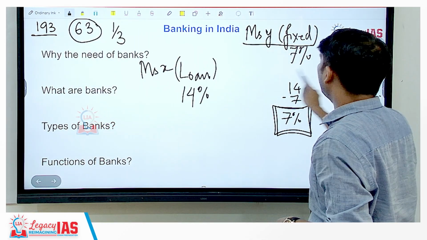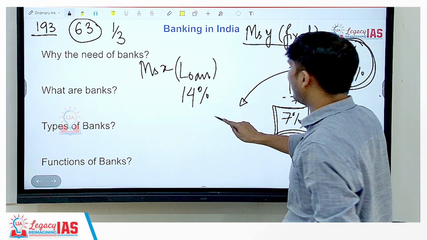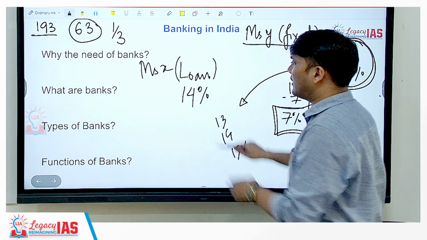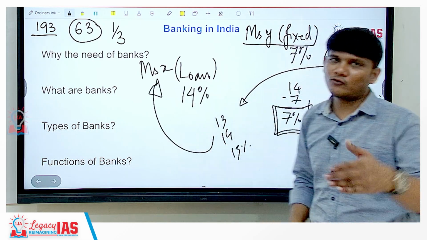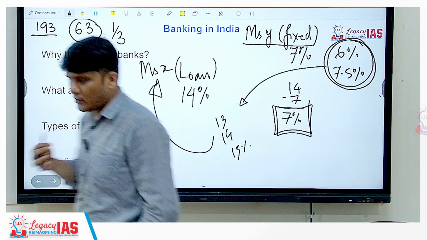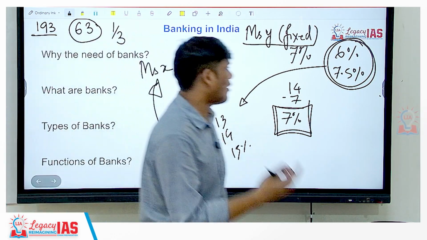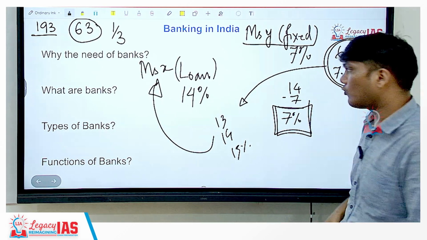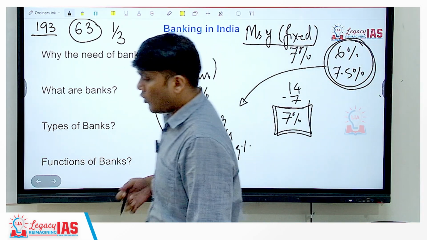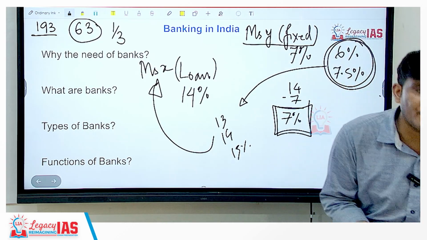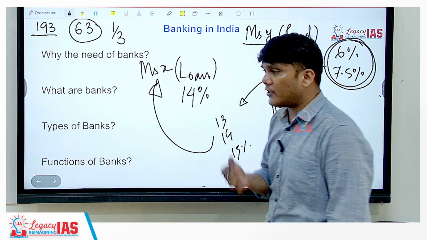After doing all that, they will again come up with a certain interest rate, let's say 13, 14 or 15%, at which they will be giving a loan to Miss X or someone else. So what is the source of money which the bank gets for giving out loans? Either the people giving fixed deposits, or the RBI is also a source of money. At the same time, if banks are in dire need of money, if there is a liquidity issue,